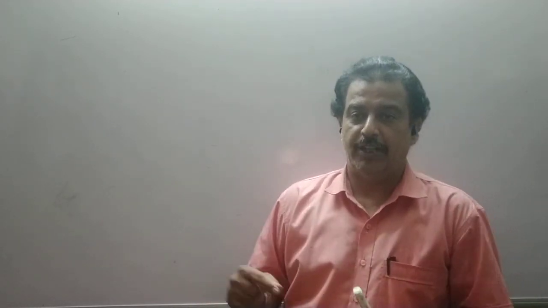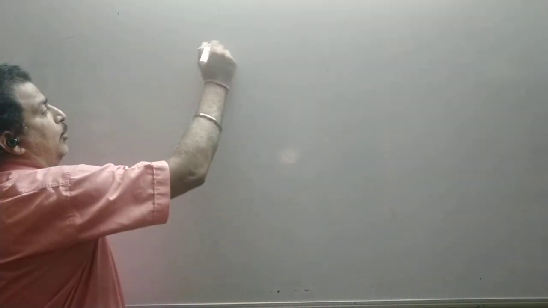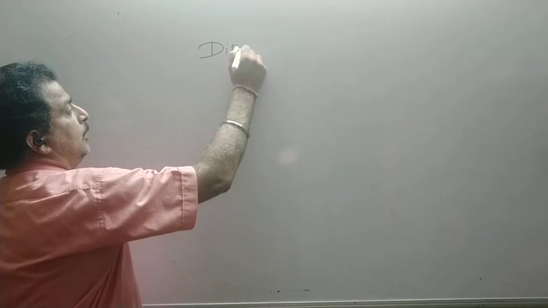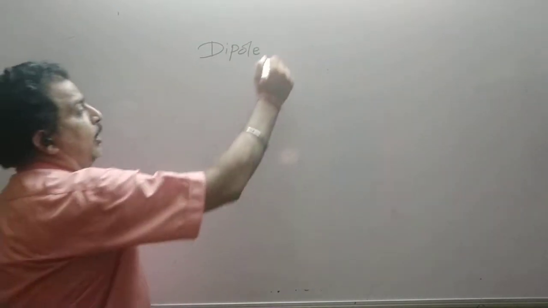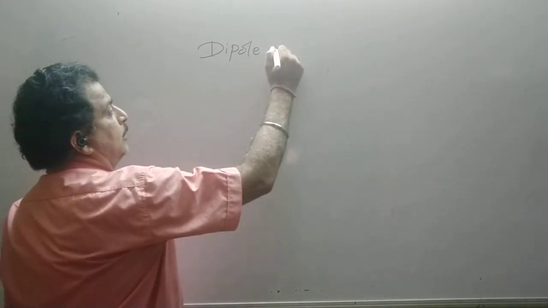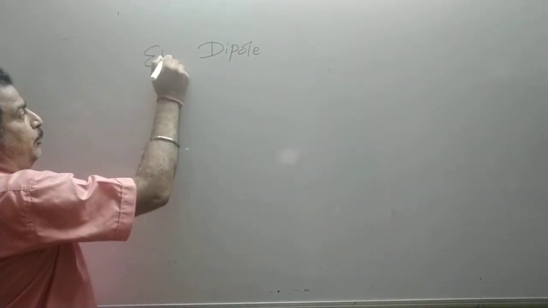Now external field will exist and we will place a dipole in the external electric field. Now field can be uniform or non-uniform. The first is we place a dipole in a uniform electric field. So we have a topic, or you can say a behavior of a dipole, electric dipole